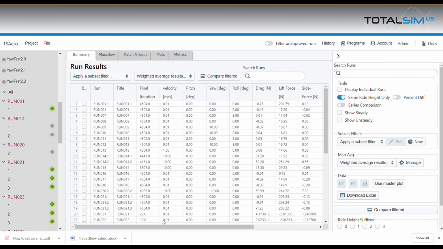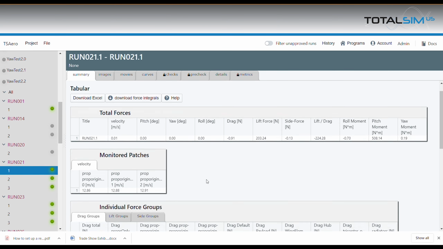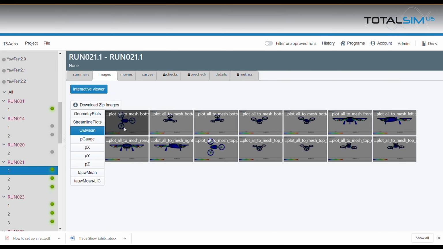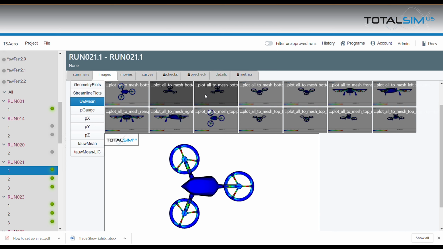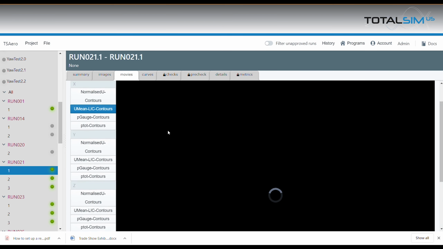Once the simulation is complete, you can use TS Aero's suite of post-processing tools to evaluate configurations and compare conditions to gain insight on trends and performance. This example shows a large number of runs, and you can compare data output from various runs in the summary